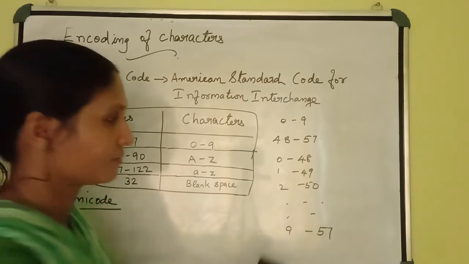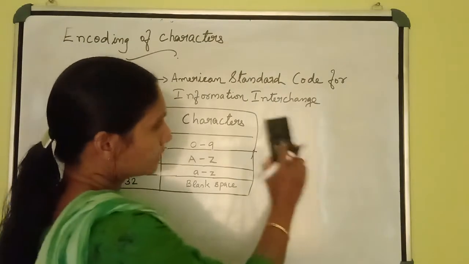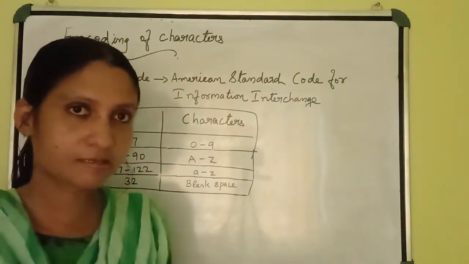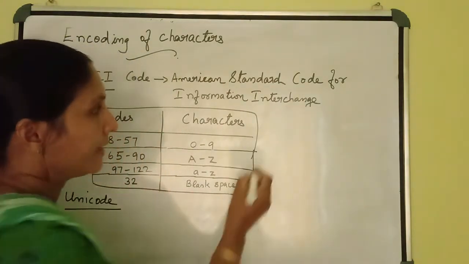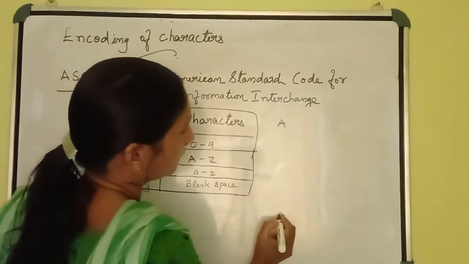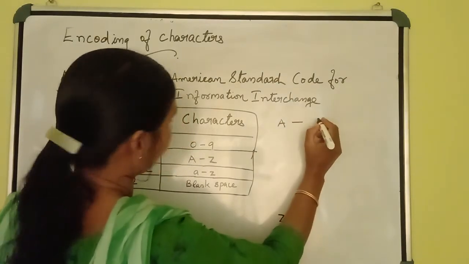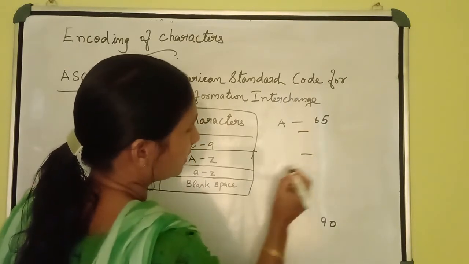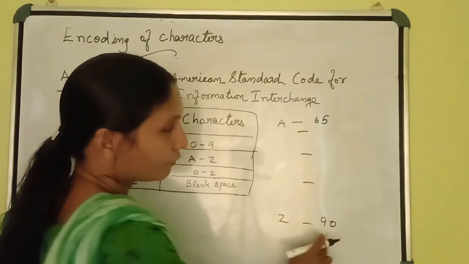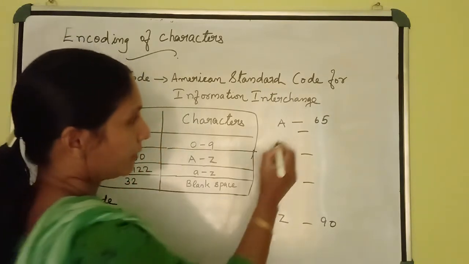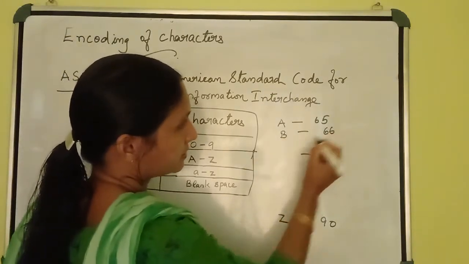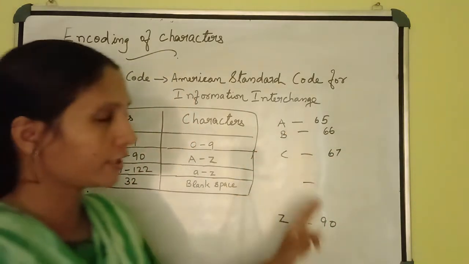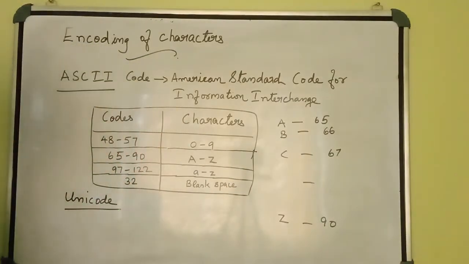I think you all understood this one. Then, we are always using letters to form a word, or to form your name, or to form sentences. To represent the letters A to Z, we are using 65 to 90. These are the equivalent numeric values of these capital letters. That means B represents 66, C represents 67, and so on. These are the equivalent ASCII code values of these particular letters.